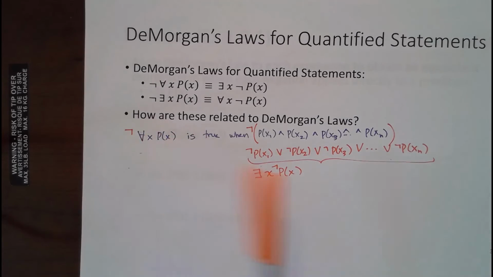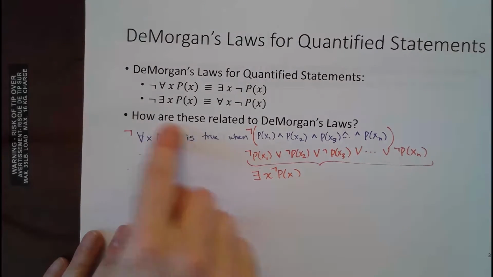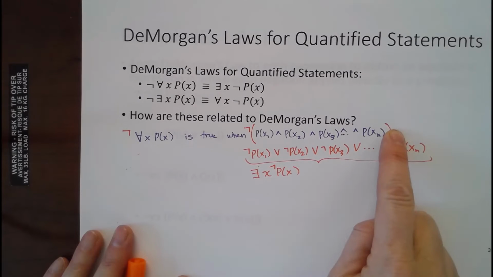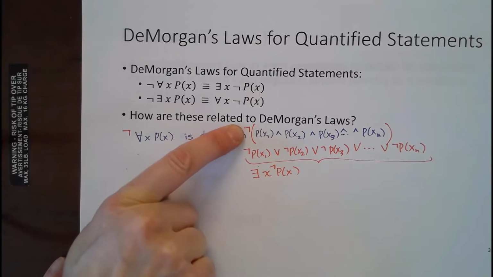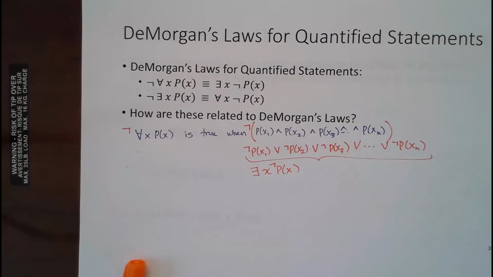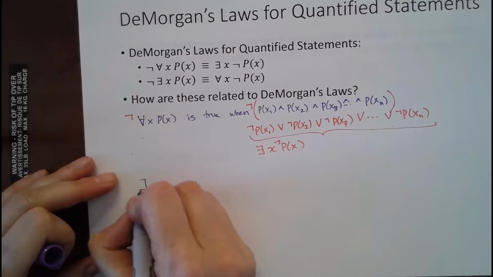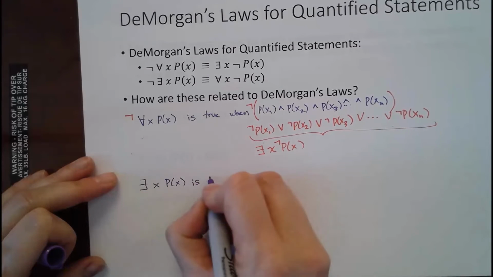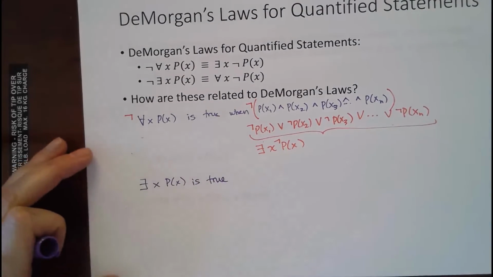So these are exactly the same. I'm just thinking about how in a universal, it's actually ANDed together. And so when I negate that, all of those turn to ors. Well, or is really the existential quantifier. Similarly, if I have there exists an x such that p of x, that's the same thing. Okay, I only have to find one.